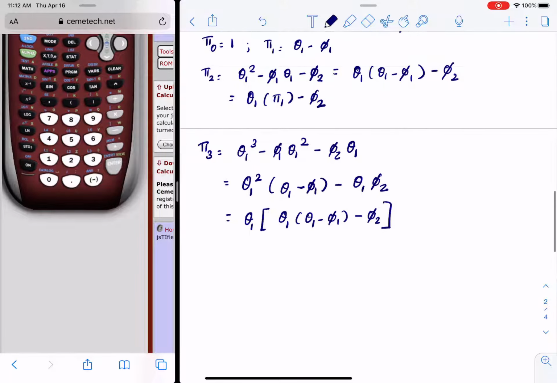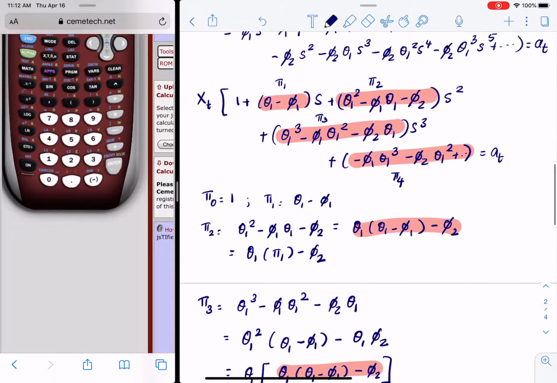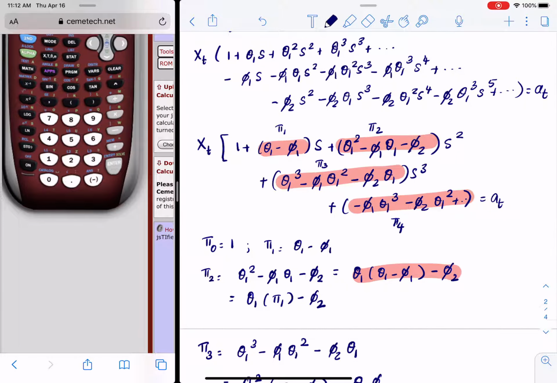But that term right there is simply pi 2. So I would end up getting pi 3 equals theta 1 times pi 2. So not so bad. Now, what I'm going to do is go back to the original equation,